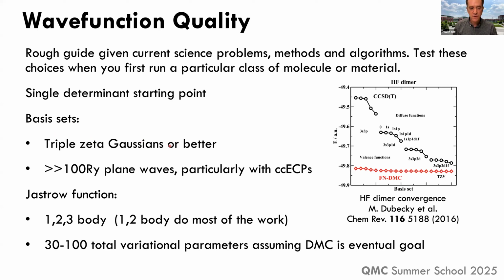It's very much a false economy to use a small basis set on the cheap quantum chemical calculation before doing the more expensive diffusion quantum Monte Carlo calculation. And I'll note in periodic boundary conditions, the potentials that we'll be describing, correlation consistent effective core potentials, are very hard, which means they need a lot of plane waves, maybe 100 Rydberg, maybe 300, maybe 500, which is a lot